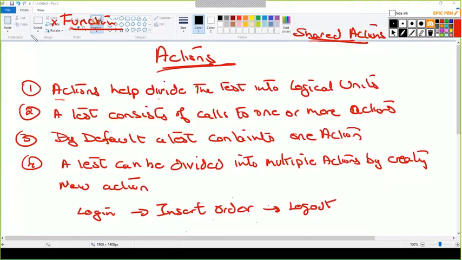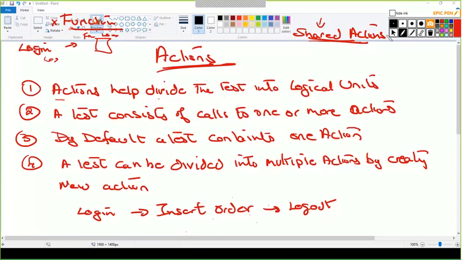For the function, what we did is create a function login in the function library, putting the whole login script in it. Then I associate my function library in the script, and when I call login, it will automatically launch the application for me. The same way we can use actions also.